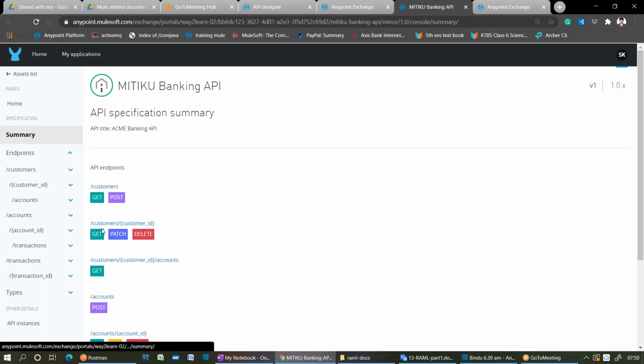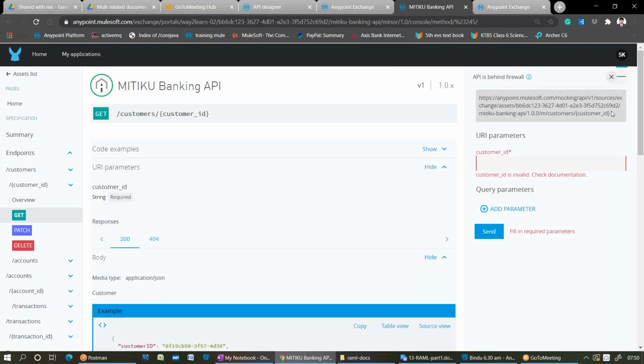Okay, this is the request I need to give. Get /customer/customer_ID. If you click on the get method, what is the URL it is pointing to? What is the domain? Mocking. This is the domain I enabled just now. Mocking server, right? And what is the customer ID? That means what it is expecting here, /customer_ID. So what is the ID value? For URI parameters, you need to give the value, right? I'm just giving some value.